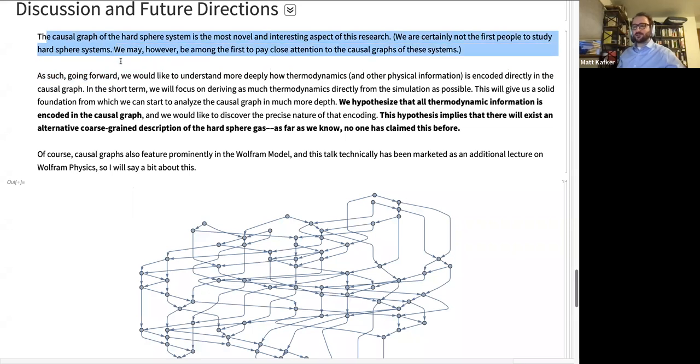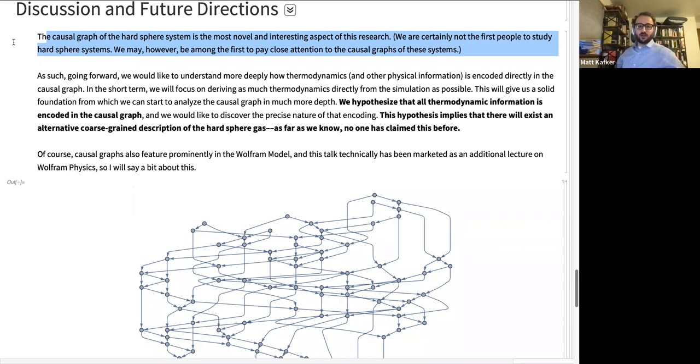So the causal graph is the most interesting thing that we're up to, in my opinion. This is arguably the only new stuff that we're doing. The rest of this talk was just me explaining some of the adventure that I've been on as I'm making my way through my PhD. Dr. Wolfram was the one who proposed this hard sphere project, and it turns out that it's been really interesting and led to all sorts of new stuff that I didn't know when I started doing this research.